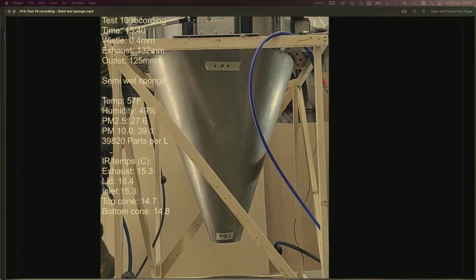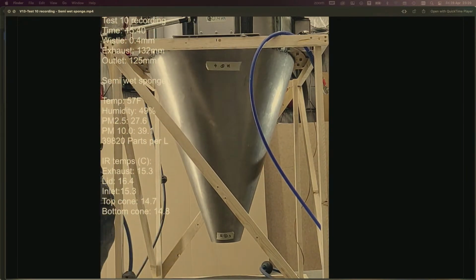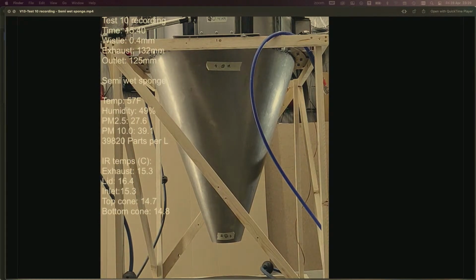It fell out there. It did not dry the sponge. No. I do think we're going to have higher rates of flow, and I think we're going to have longer time to get it stable. And I think it's probably going to need to be higher temperature as well. Okay, so